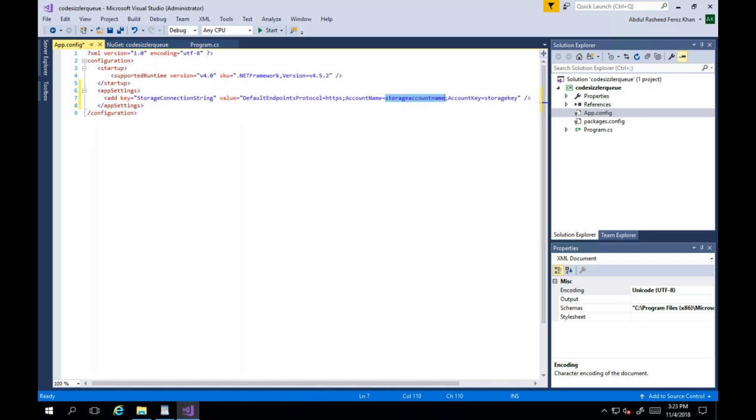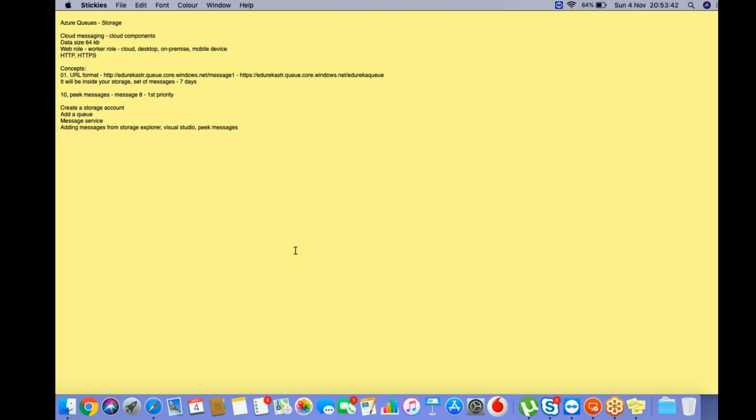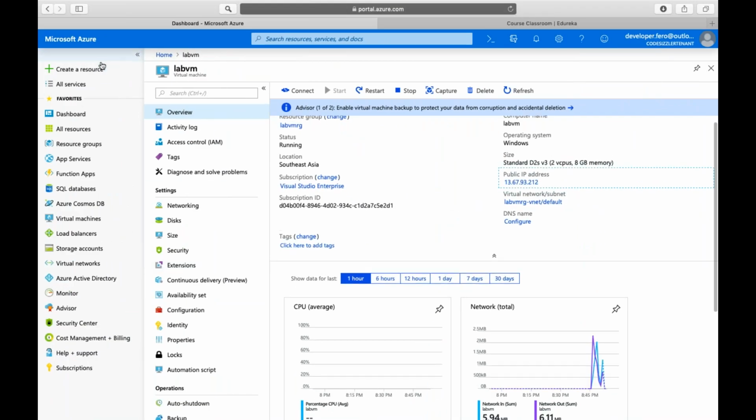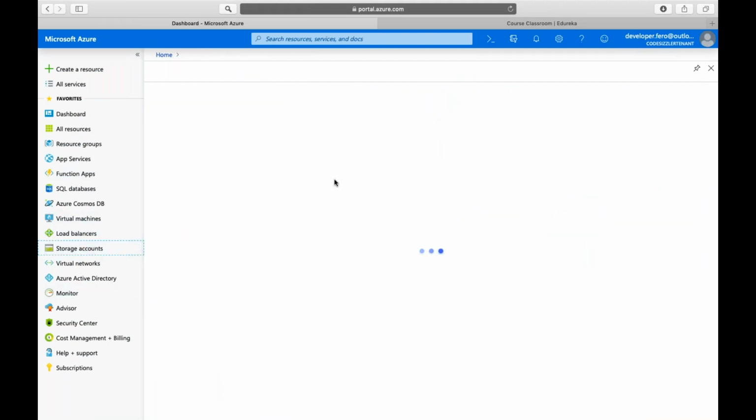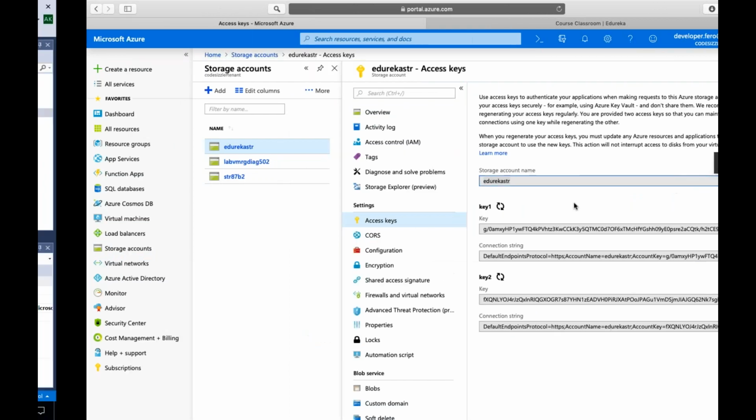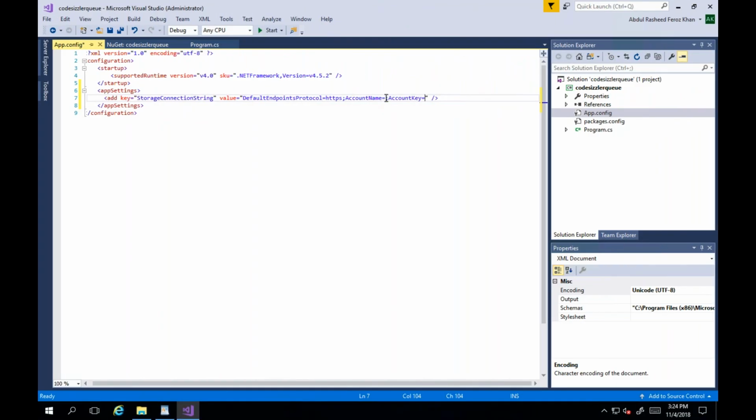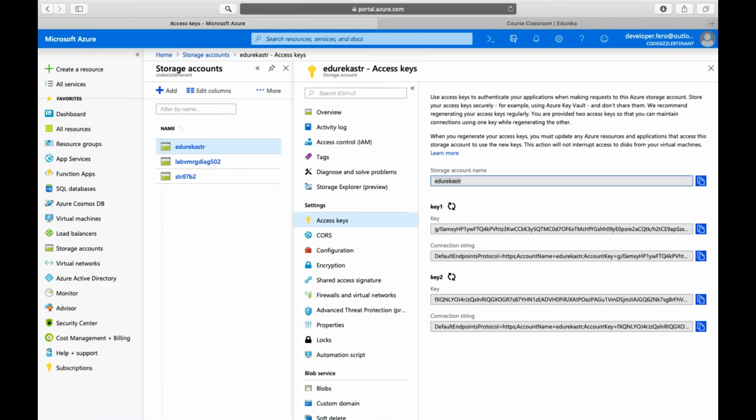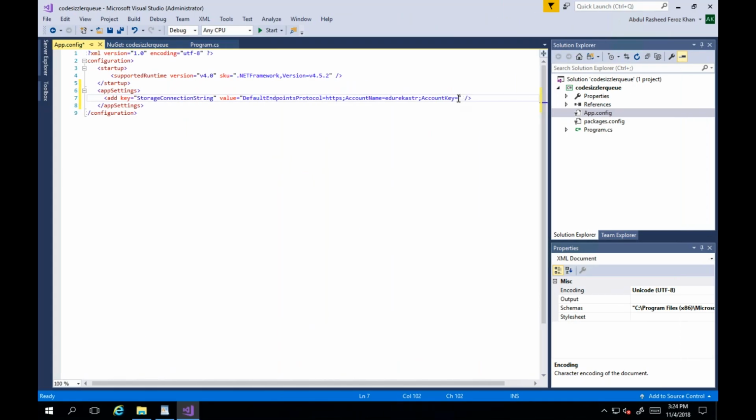And here I'm going to give the account name and the account key. Okay, so account name, I'll retrieve it from here. Let's go for the storage account which we created. It should be on the storage accounts. Edureka storage, access keys, storage account name. Okay, so let's give it here. This is the account name and this is going to be the account key. I have given these things. Okay, now the next step is